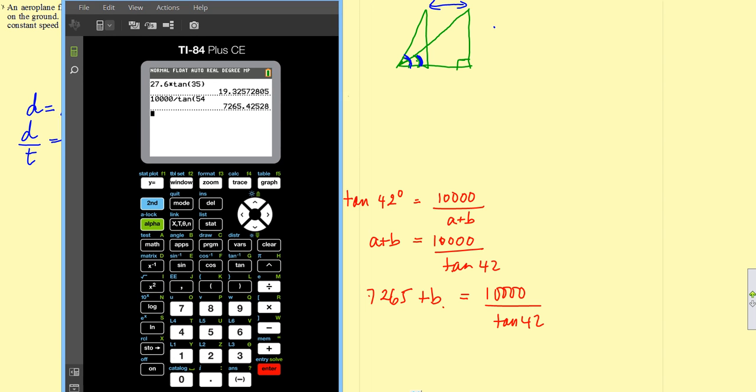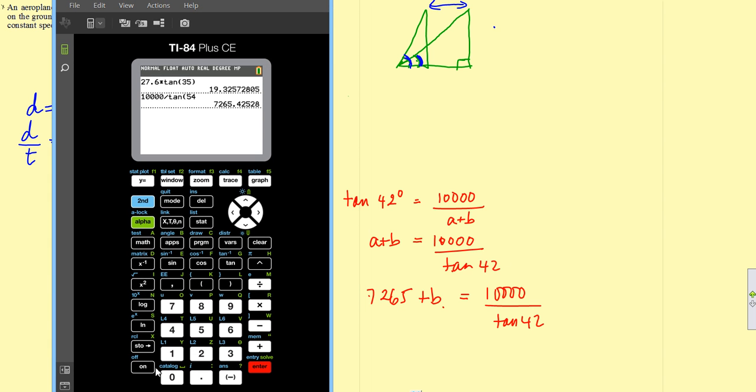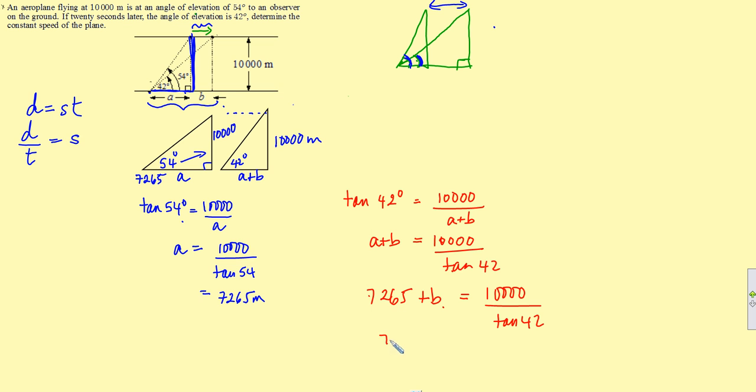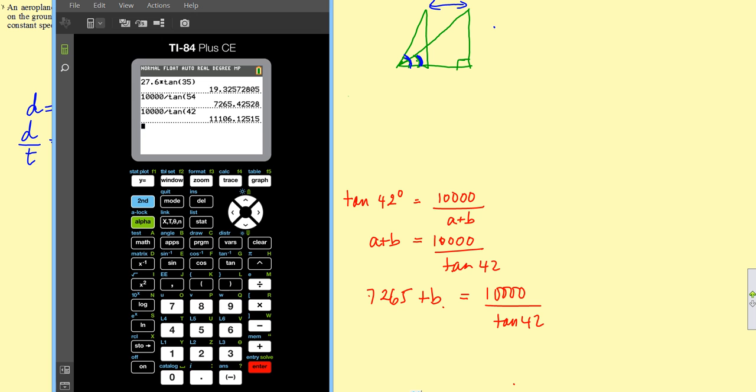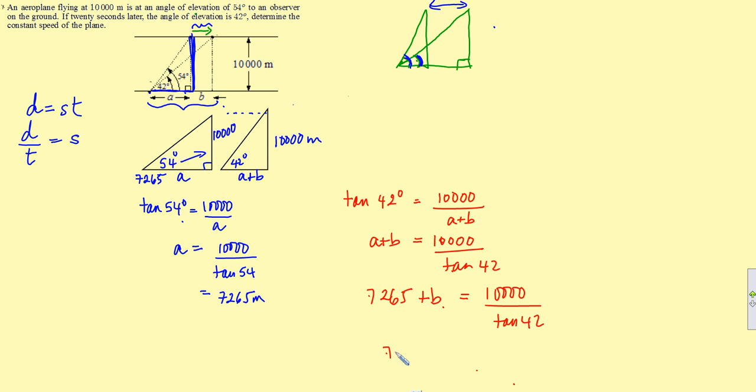We're going to say that 10,000 divided by the tangent of 42, oops, I just put in 43, 42, is equal to 11,106. So I will have 11,106. Okay, so that I have 7,265 plus B is equal to